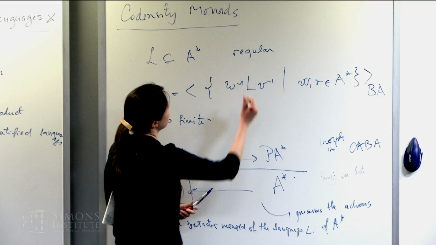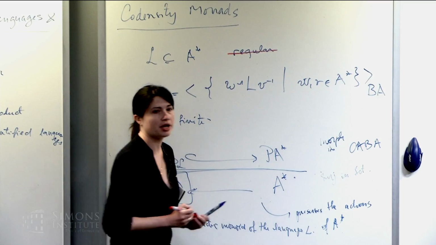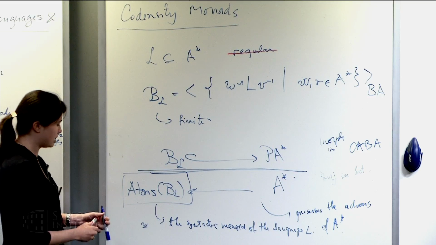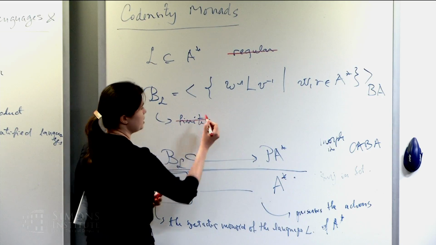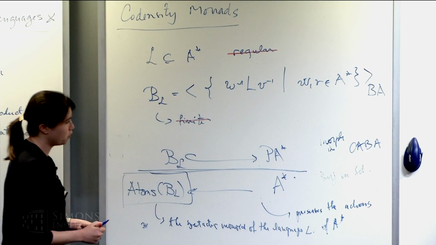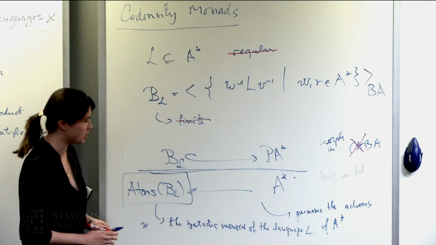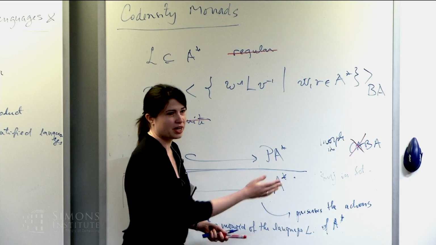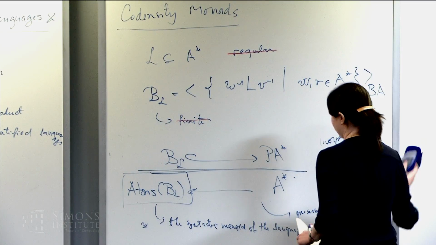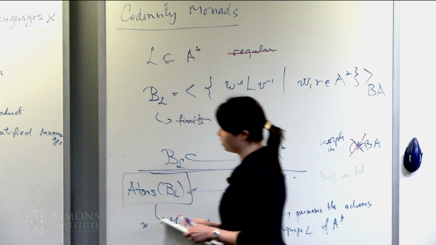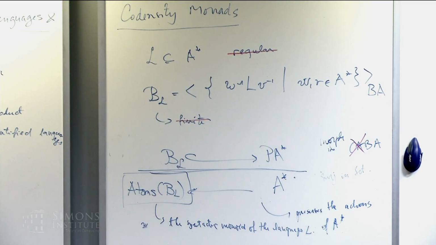So if one drops the regularity condition on the language, what happens is that the Boolean algebra here is no longer finite. So the morphism is no longer in complete atomic Boolean algebras. So this business with atoms is no longer really useful. So we have to use a fancier duality theorem, which I will write on this side. So this is the preliminary.